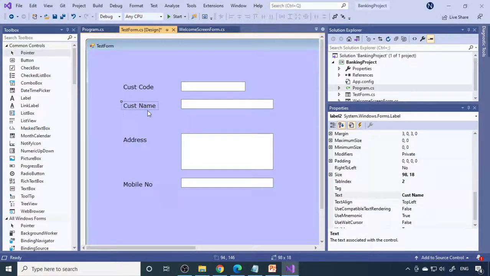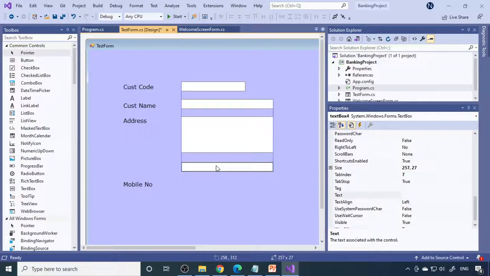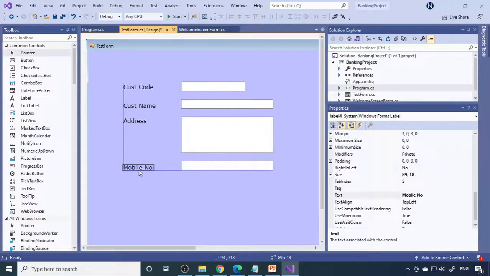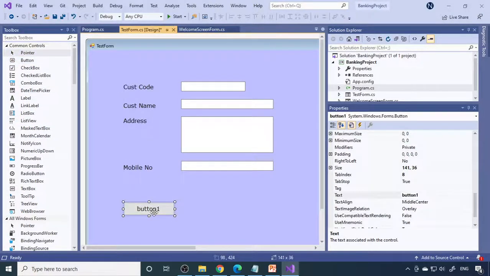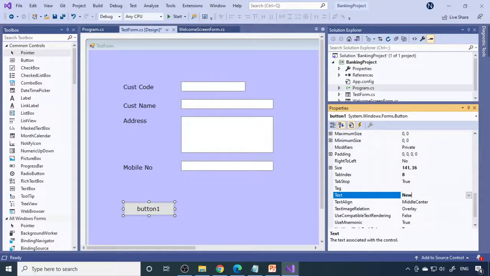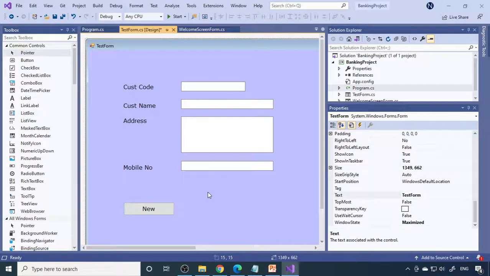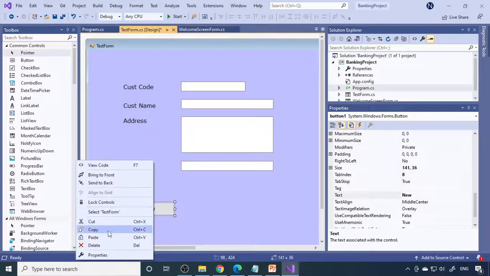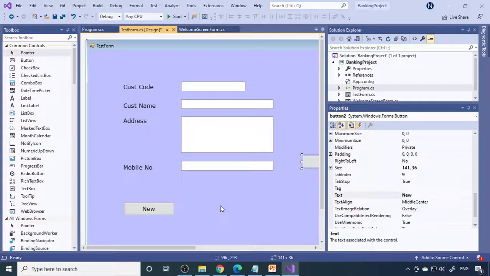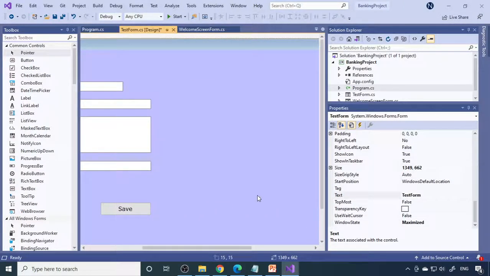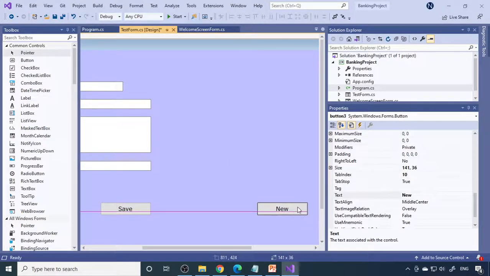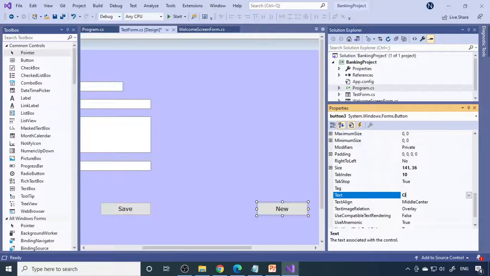So just design carefully, so it will be very neat and meaningful, and check the distances, and all should be equal. Done. Next is the button. So you can select the button here and keep a button over there. So this button is a New button. When you click New, it should clear everything and then allow me to enter the data. I copy and then paste it again. So I'll have one more button. So this is to save the data. So let me have one more to close this form. So this is to close.